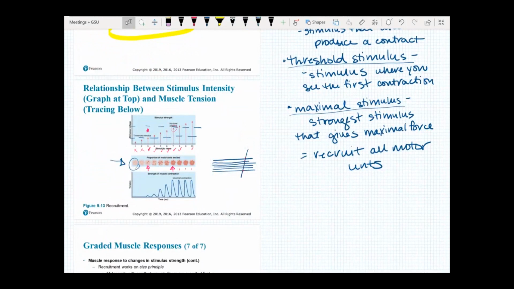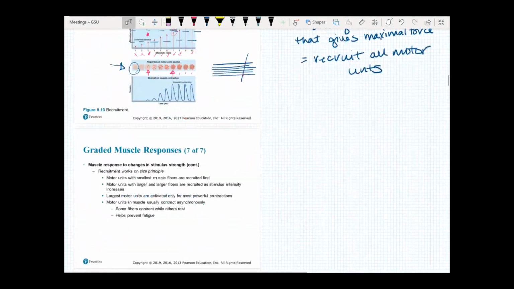Those are the 2 processes right there. I guess I skipped ahead with our size principle. So one thing to keep in mind with this size principle of recruitment,